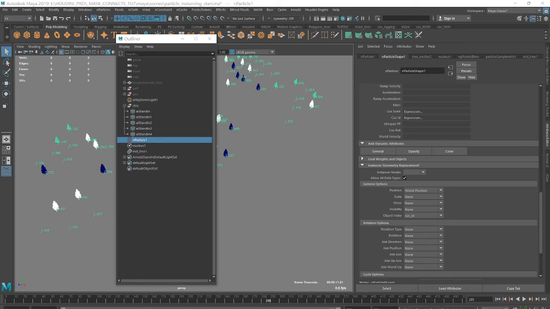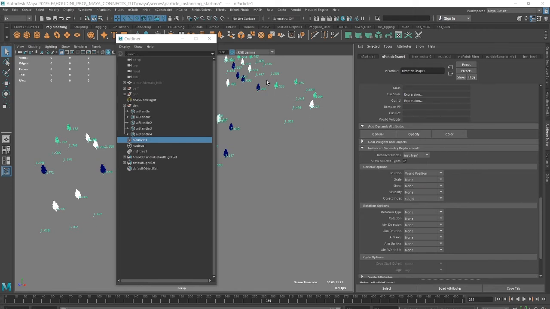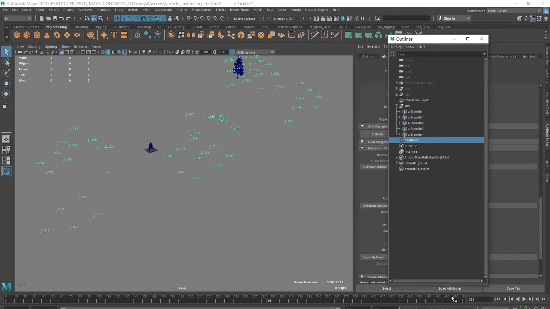You see this arrow is coming here with a cycle. You can ignore it because it's a bug in Maya. Just press it again, you see we have no arrow. And now we have to tell our instancer to use this scale value. You see here we have scale set to none. And we just grab our custom scale attribute. And as you see here, if you rewind and play,